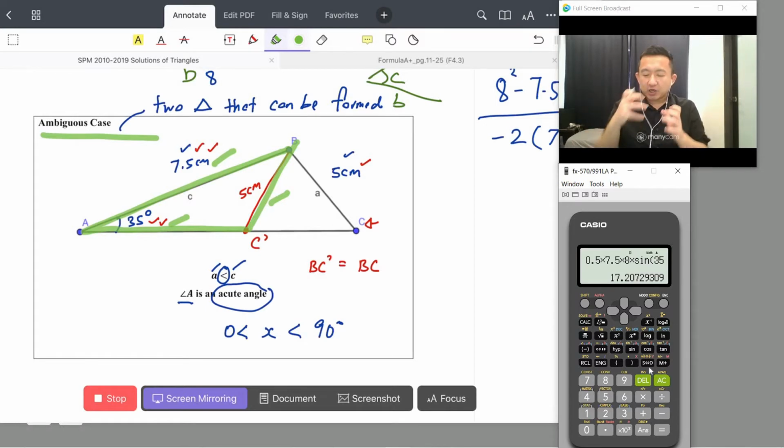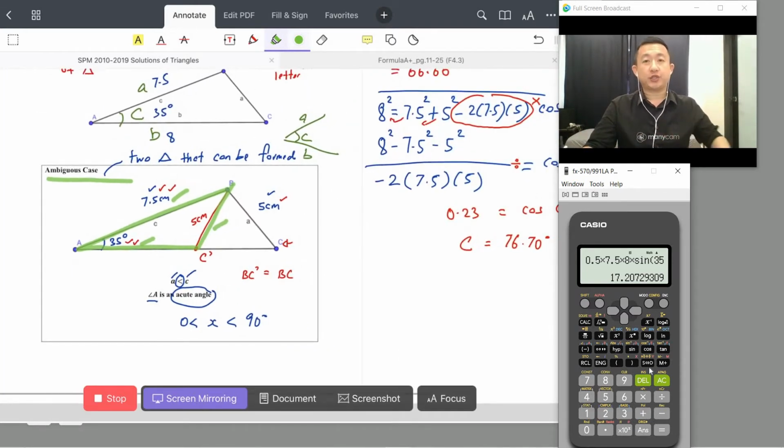So in the actual SPM questions, later on I will show you some keywords that you can find to help you identify the ambiguous case. This is the idea. Now let's have a look at the actual SPM questions to help you identify the ambiguous case. So the first thing in these lessons I will talk about is the ambiguous case. Why? Because in